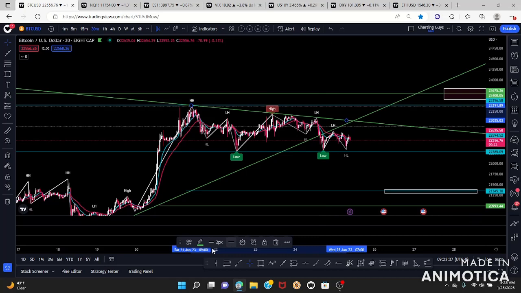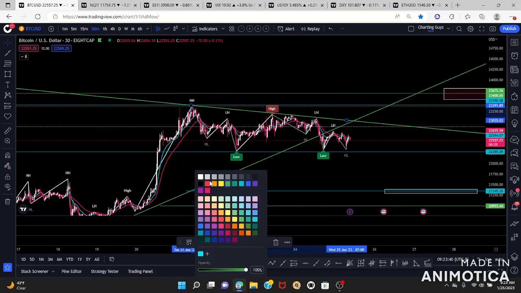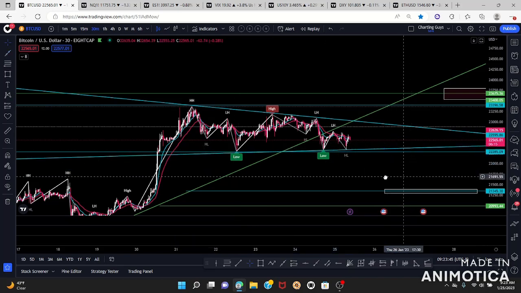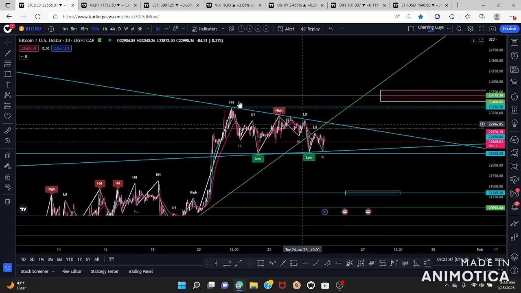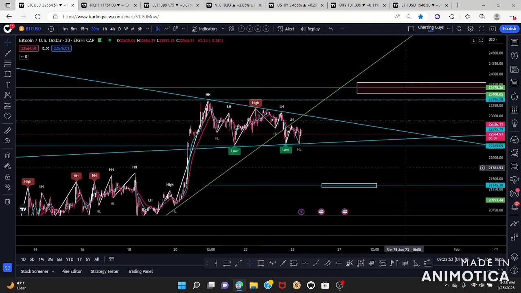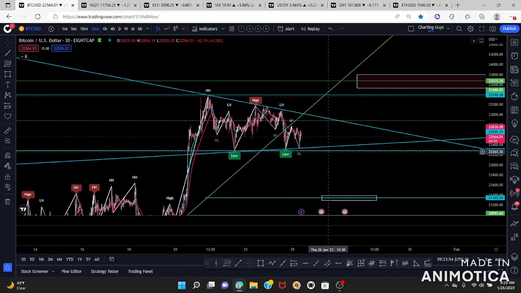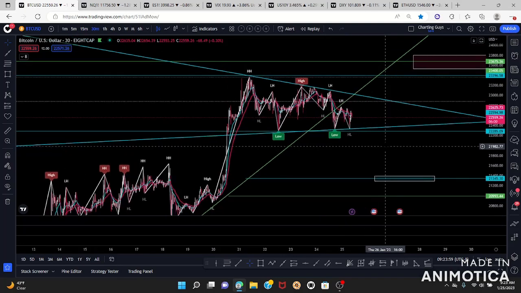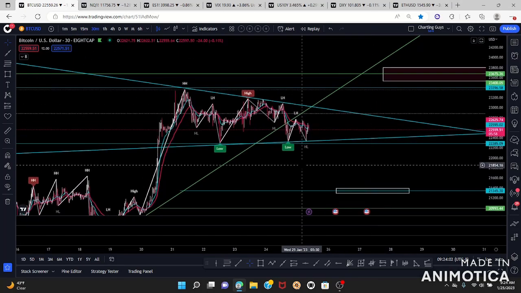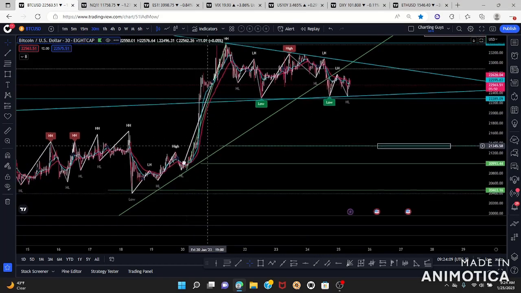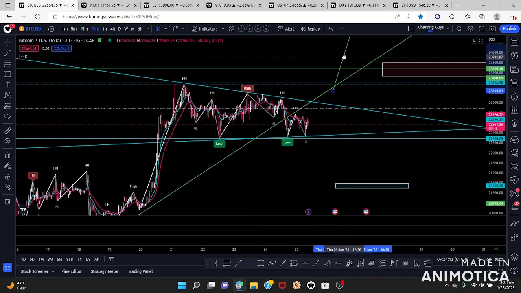So I'm connecting my highs here, forming that resistance. And I'm connecting my lows here. So within this range, we have a flag forming. And yeah, this flag could either break to the upside or break to the downside, right? Perfect. So if we also could get a measure move from the flagpole, right? So if this could play out,